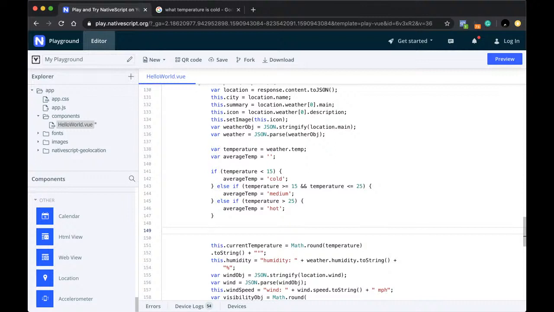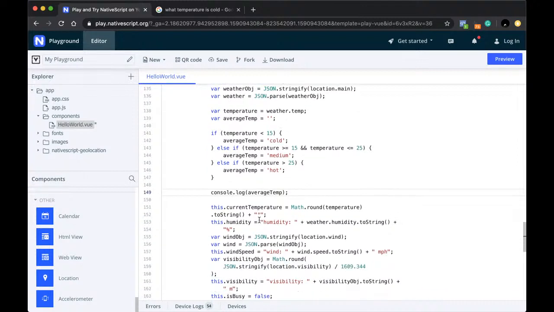You can use a console log to log anything within this JavaScript code. So what we want to log is the average temp to see if it's working. So if you write console.log average temp,